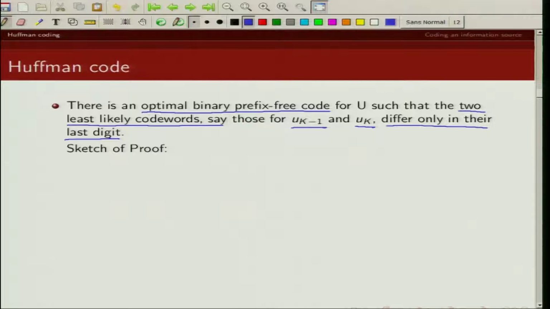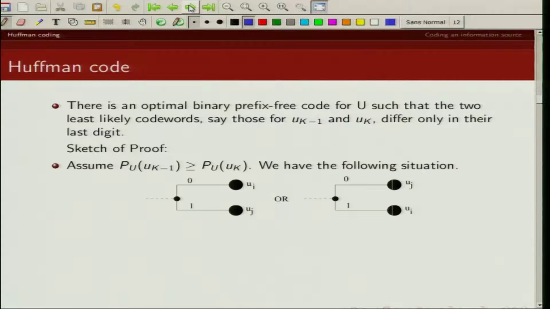So if you have two least likely code words, they should differ only in their last digit. The proof is like this. This is our least likely code word, and the next least likely code word is this. So we have a situation like this.